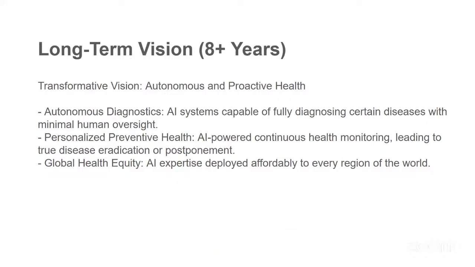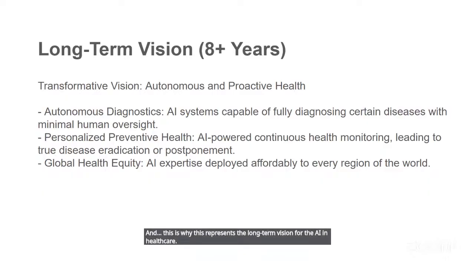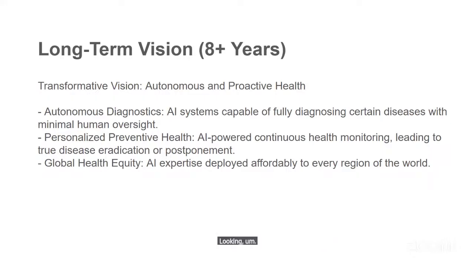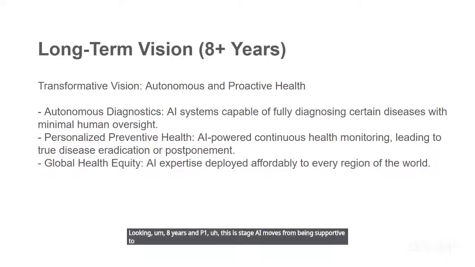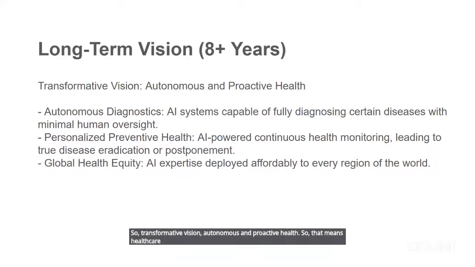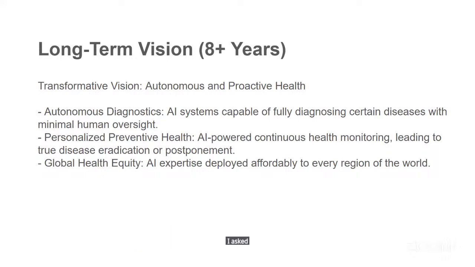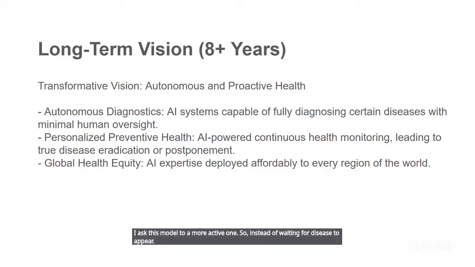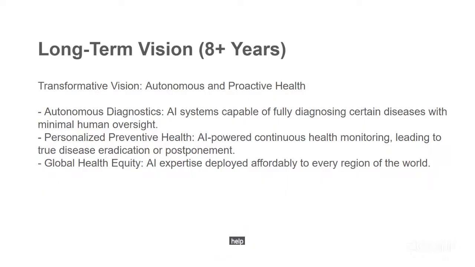And this slide represents the long-term vision for AI in healthcare, looking 8 years and beyond. At this stage, AI moves from being supportive to becoming truly transformative. So, transformative vision: autonomous and proactive health. So that means healthcare will shift from a reactive model to a proactive one. So instead of waiting for disease to appear, AI systems will continuously monitor health and intervene early, sometimes before symptoms